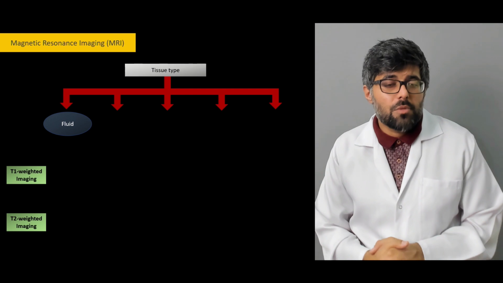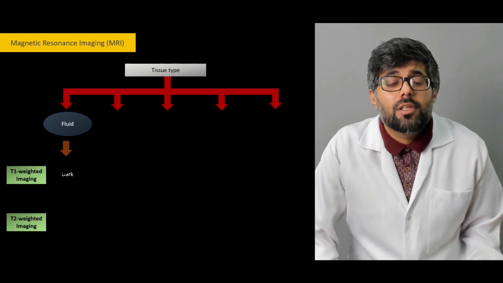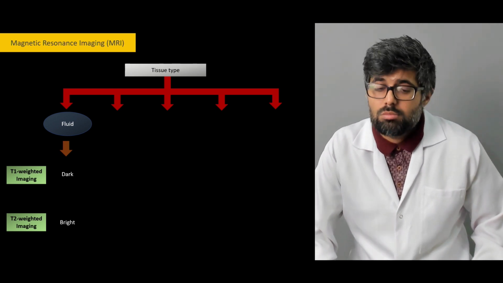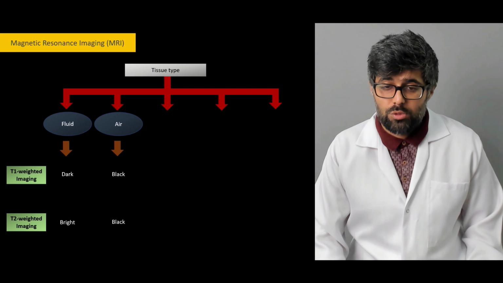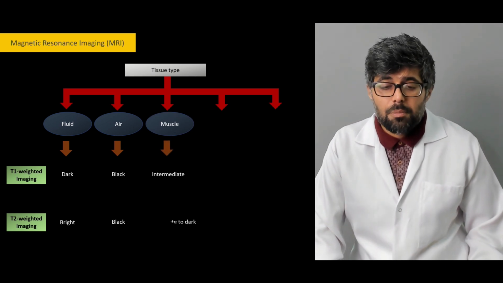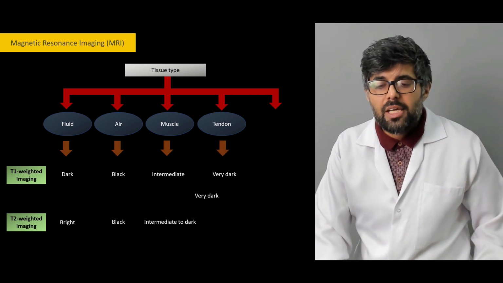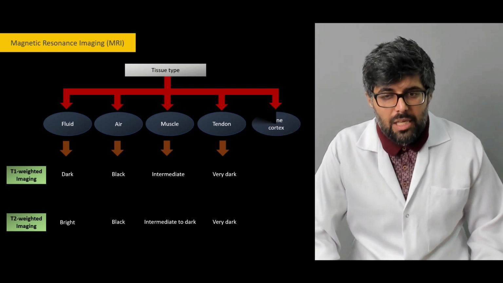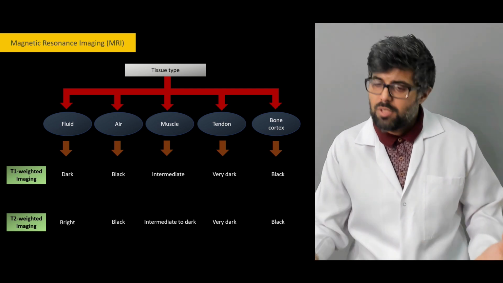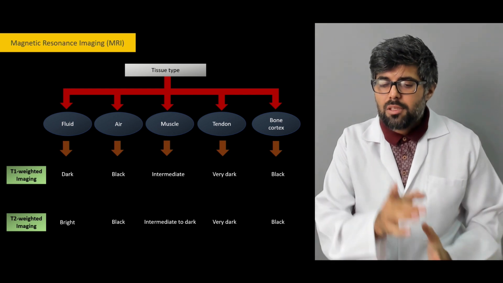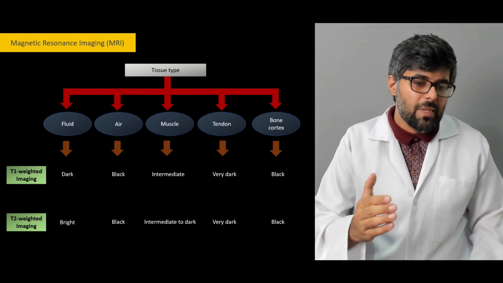So there's T1 weighted imaging and there's T2 weighted imaging. The fluid in T1 weighted appears dark. In T2 it appears bright. Then we have air. It appears black in both. We have the muscle. It appears intermediate to dark in both. The same case is with the tendon and then the bone cortex, which appears black, or in T2 weighted again black. So you can appreciate the basic difference in T1 and T2 weighted imaging, that's the type of MRI, is the